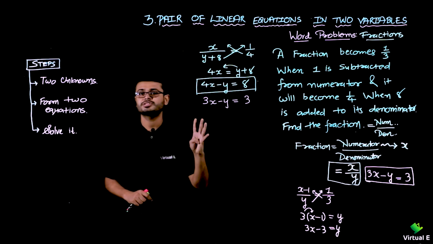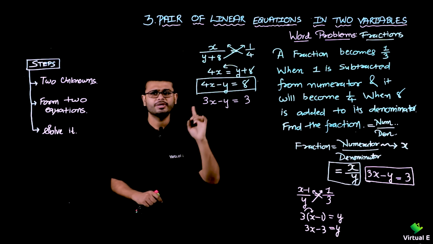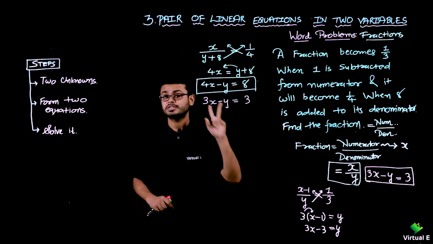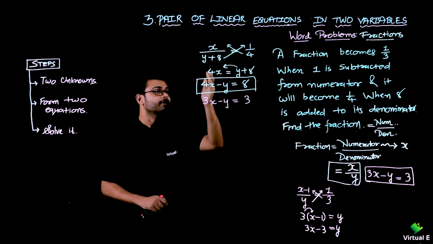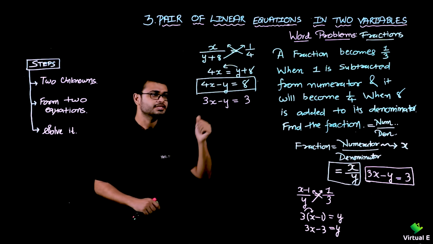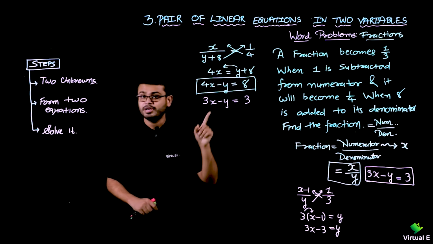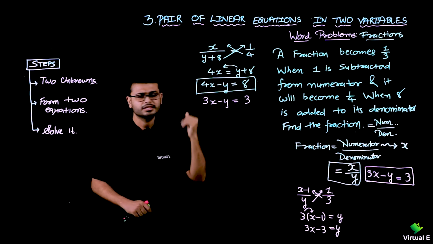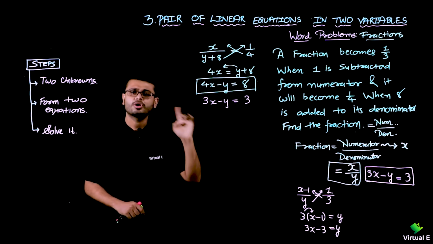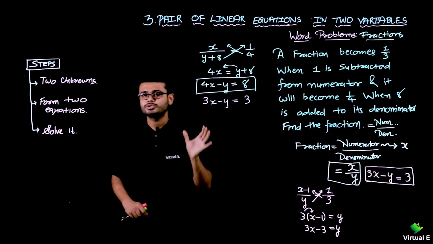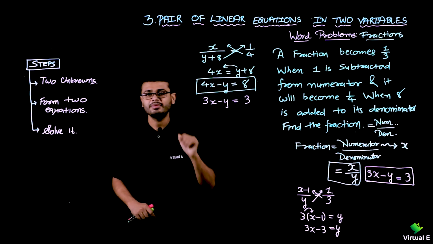You have 4 methods to solve. Graphical method, you need graph paper for it, remember it. Without that you cannot solve it. Second, substitution method, you substitute either the value of y or x, it can work out, you will get the solution. Third, elimination method, you eliminate any one of the variables, again you can get the correct solution. And the last one, cross multiplication method, you can choose that as well. So I'm going to choose the elimination method. The reason behind that is,